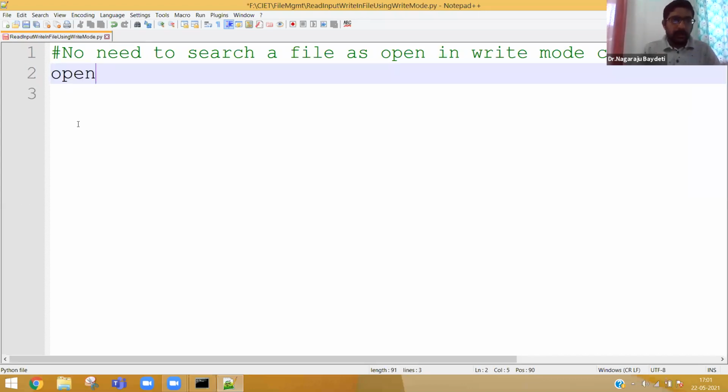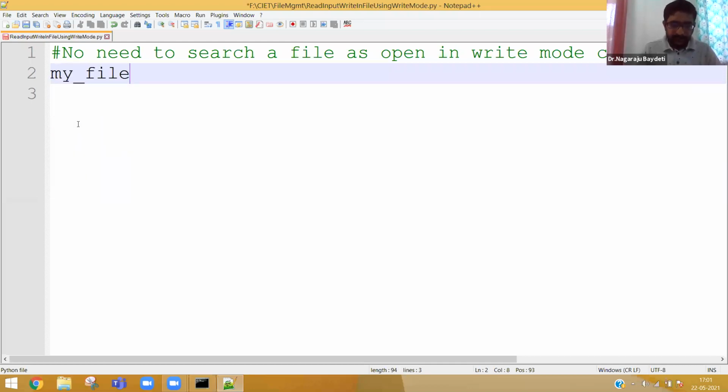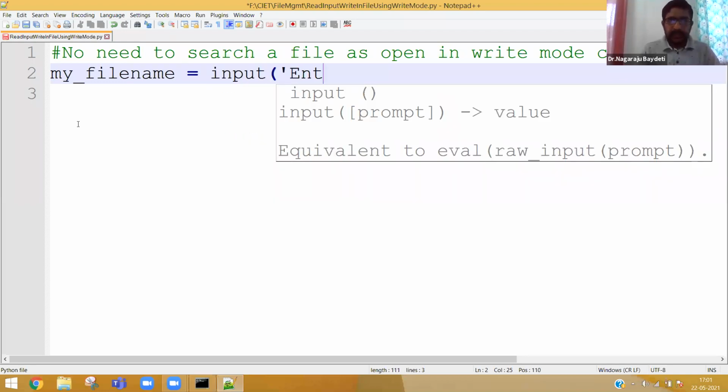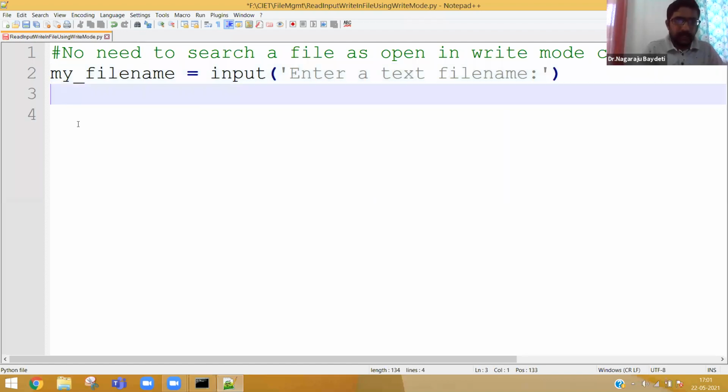Open. Okay, we need to ask the user to enter a file name. For example, my file name is equal to input. Enter a file name. Simple text file we will give. Okay, enter a text file name. Extension will be .txt.